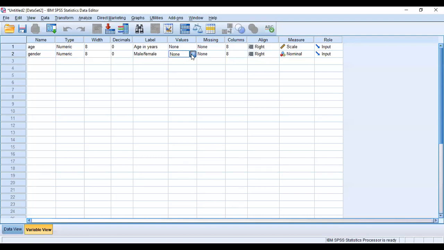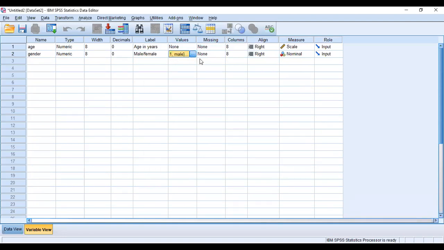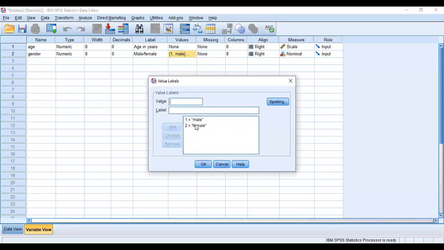Value will be 1, label will be male, then you add. Value is 2, label is female, then you add. Now you will see these are added here.